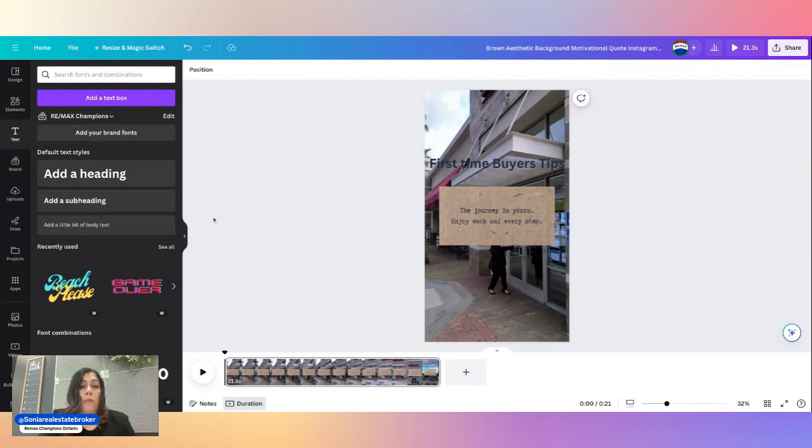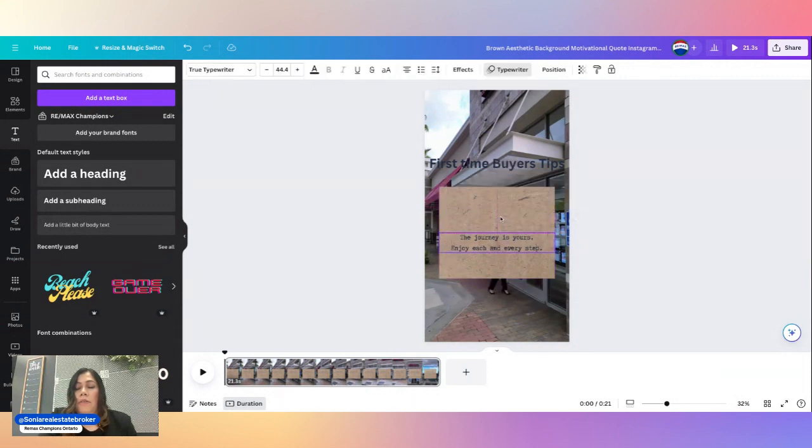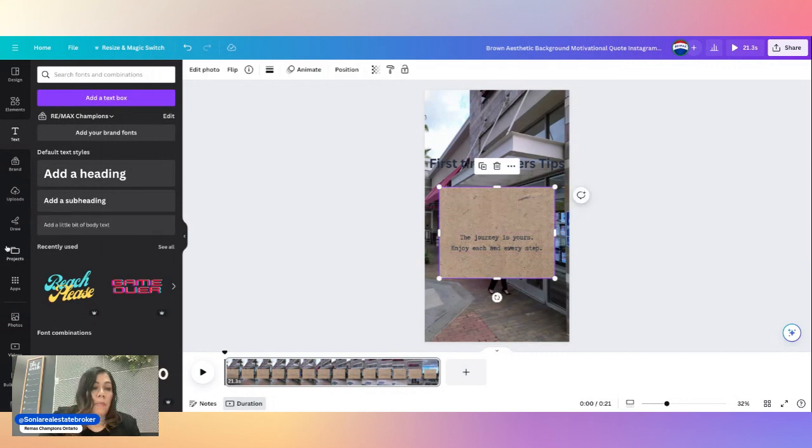You could put your information on here. That's kind of what I did. You can make this a little bit longer. Maybe carry this down here. What I did was I added my photo,